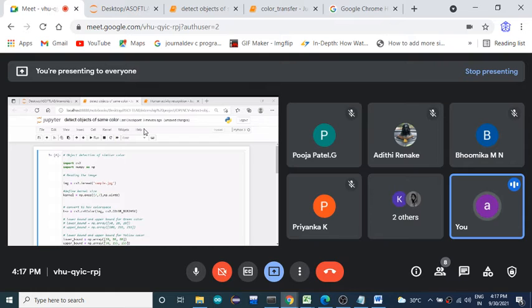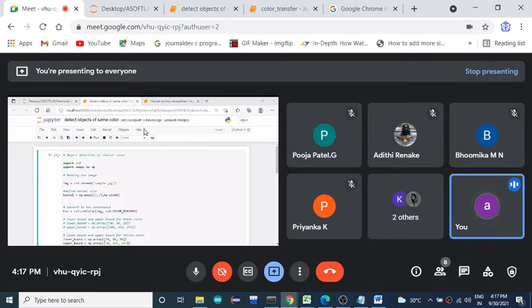So we need to specify the minimum and maximum color bound for a specific color. If you want to find a red colored object, you need to specify the RGB layer values, the combination of 3 values: the minimum value that color should have and the maximum it could possess.